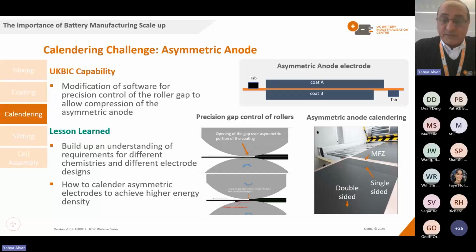And understanding different chemistries and how the materials behave in this kind of situation is really, really important. How to calendar asymmetric electrodes to achieve higher densities is something we can share detailed information about if you are interested, but this is a very interesting topic. And for us to make sure that we do this in the right way, avoiding damaging our calendaring machine,